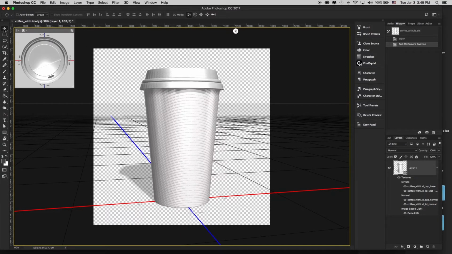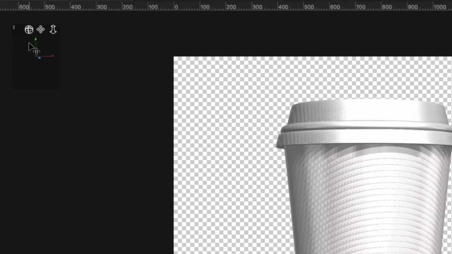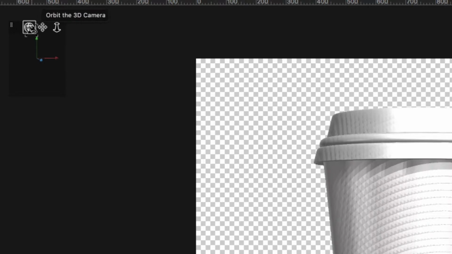So you need to make sure that you've got your move tool selected. And this opens up your 3D scene. You can still move around in your 3D scene without this. If I go to, let's see, here, you see this little dialog box that's come up on the left hand side. Well, I can still move my camera around,